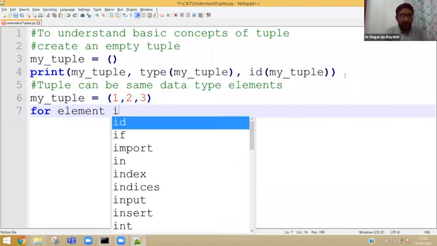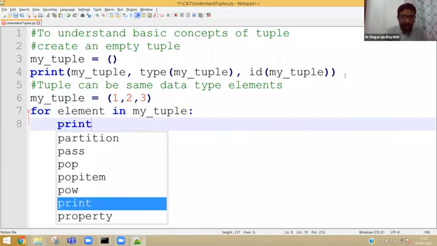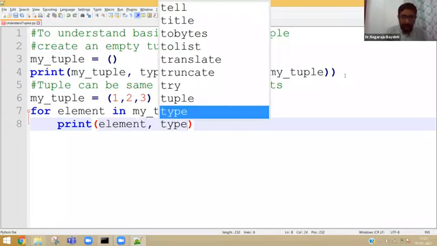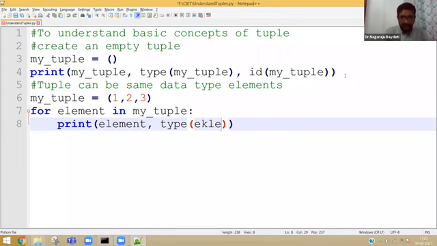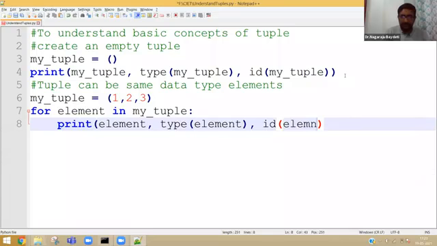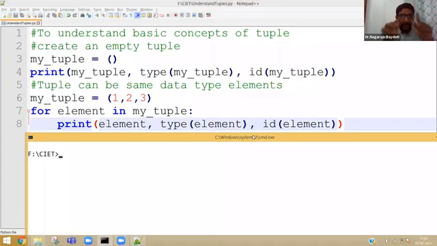For element in my tuple, print element, type of element, then ID of element. I may not explain so much detail about this statement because it is almost the same. Only the difference is instead of square brackets, there are parentheses.